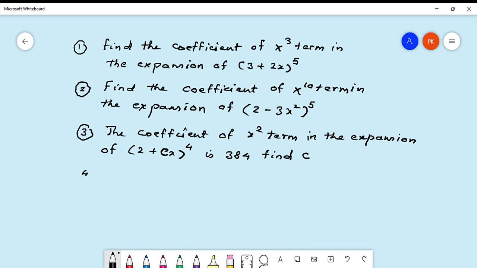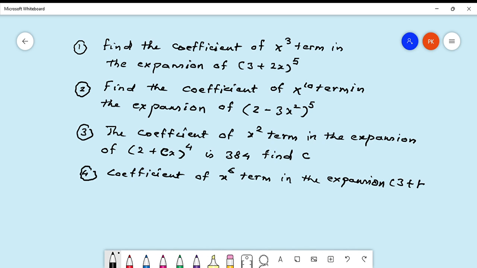And take a fourth problem here. I'm writing in short now, coefficient of x to power 6 term in the expansion of 3 plus kx square to power 5 is 5760. Find k. So try these problems as homework,